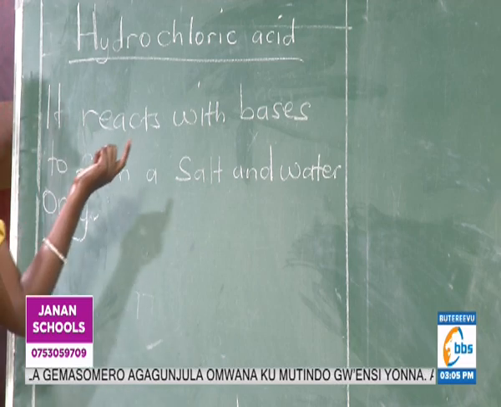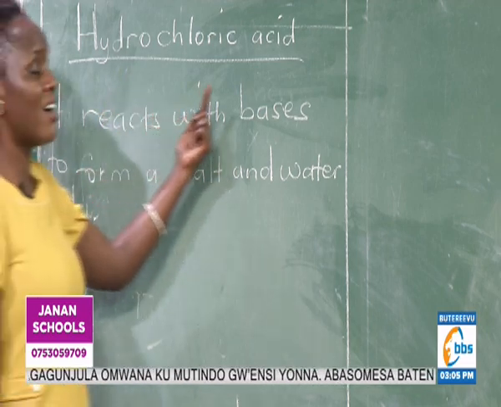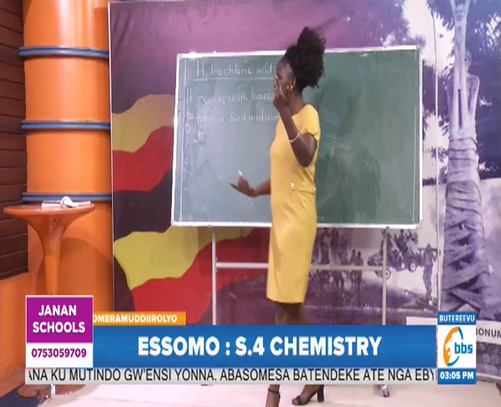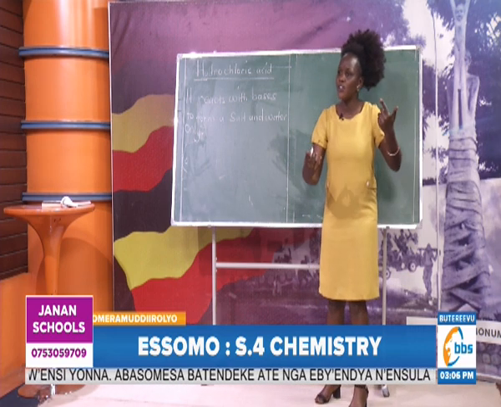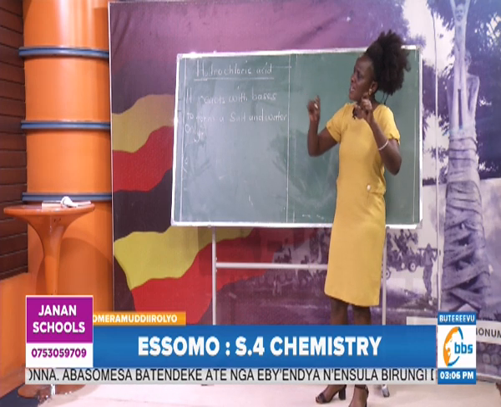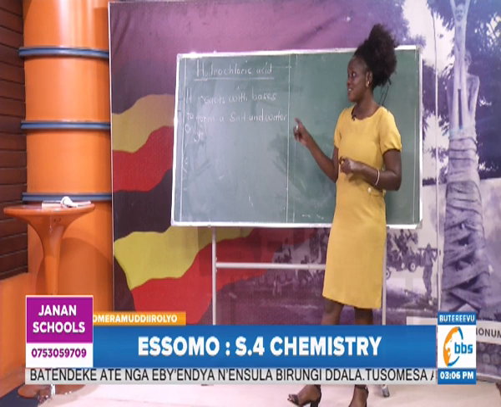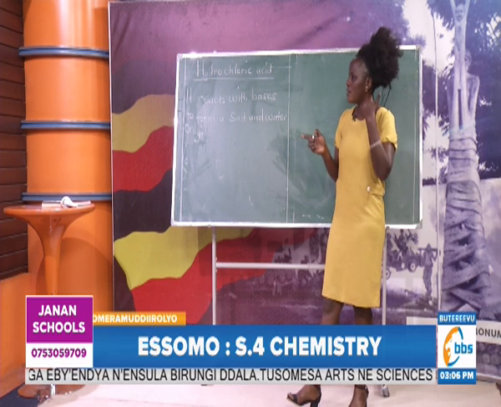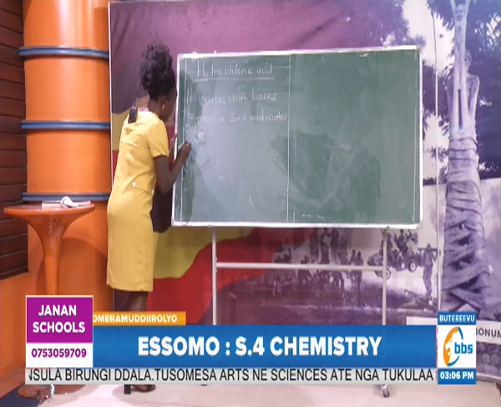And sometimes they'll give you maybe hydrochloric acid in aqueous state, and then they'll give you a given base. Then they will tell you to write the observation, write the equation, and then they may go further to say, name the type of reaction that occurs. That type of reaction is what we term as a neutralization reaction. So I'm just giving examples. For example,